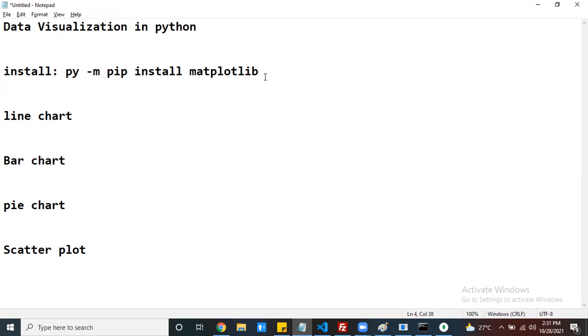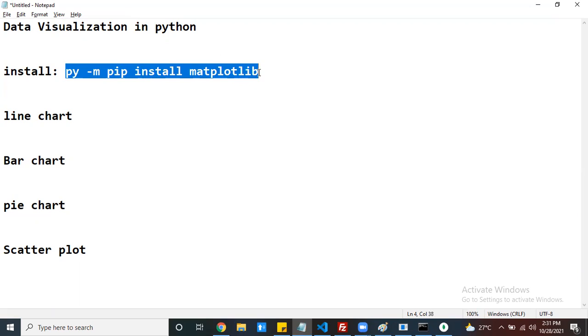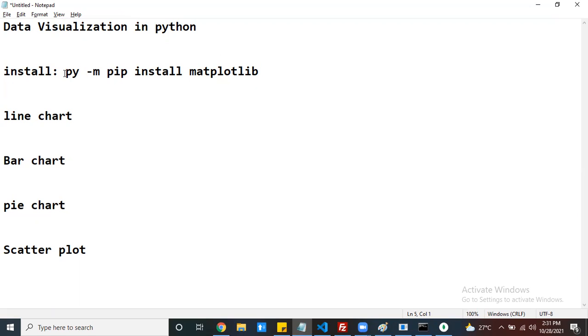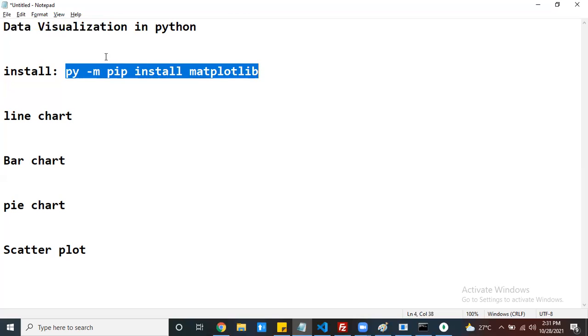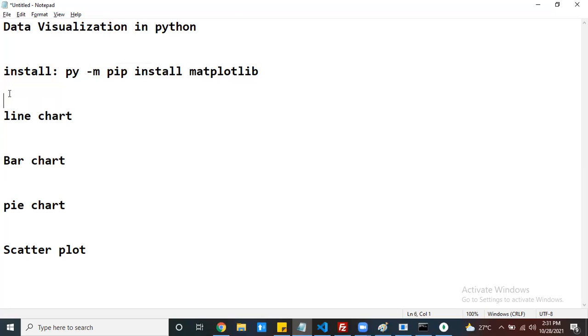Before working with the Matplotlib library for data visualization, first install this library in your command prompt. Just run this command in your command prompt: py -m pip install matplotlib. Before running this command, Python should be installed on your machine. Once you complete this installation,